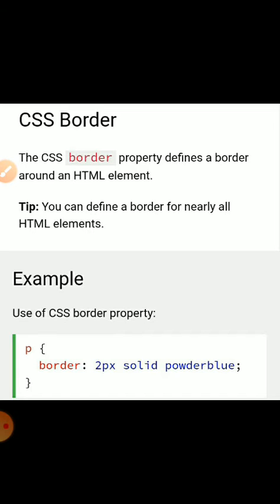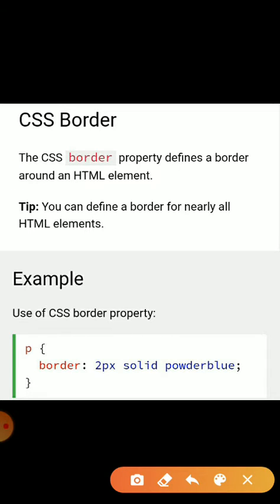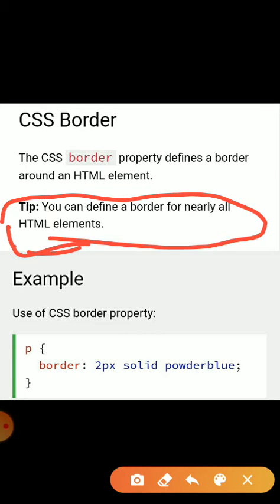After that, if we want to change the border property: the CSS border property defines the border of HTML elements. Suppose here I write one paragraph, this is a paragraph, and I want to give it a border. For that purpose, CSS provides a border property to put a border around the HTML elements.